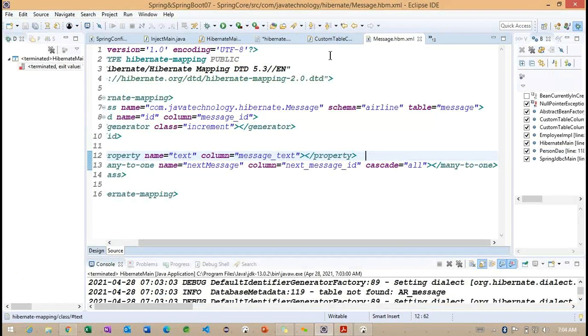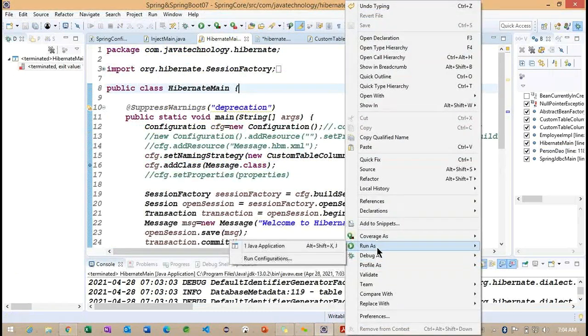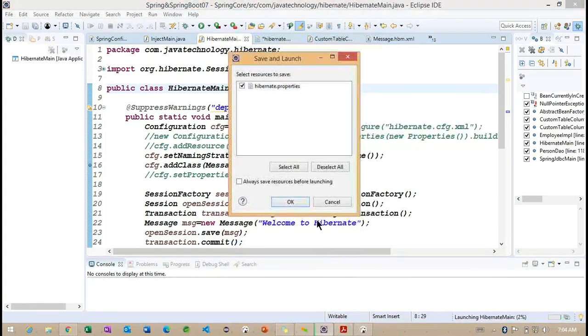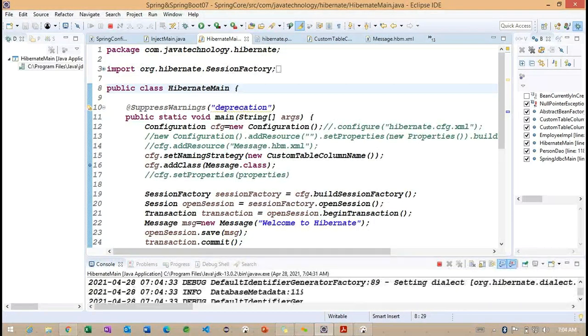Alter schema to airline, yes. Okay, I changed the schema name and I'm going to run the same thing here. If we still get an error, we need to change this Hibernate to the default schema information.